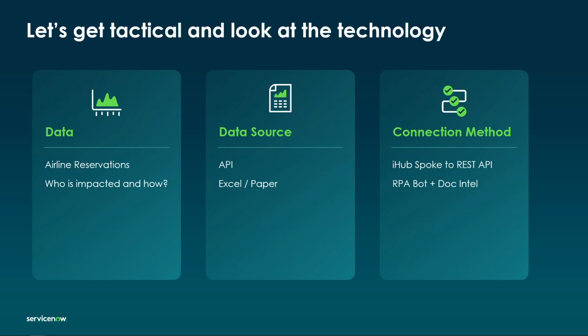In our world, we would suggest that we look at that with maybe an RPA bot. We use our RPA solution. It goes through that Excel file, pulls the data out, and puts it into a table inside of ServiceNow. Or if you've got paper-based stuff on a standard form, we use our document intelligence capability that's part of Workflow Data Fabric to read that data off the form directly into a table and then take action on it. So even in those scenarios, we have ways to help automate that process and eliminate some hours from your work.